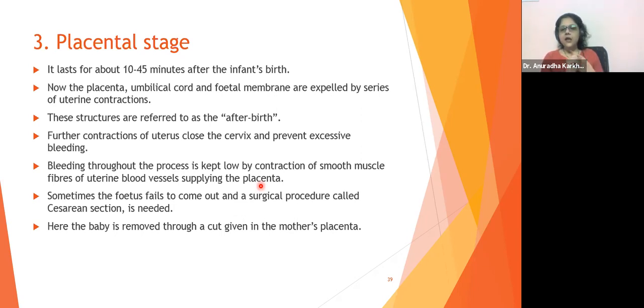Any difficulty? What causes the failure? Sometimes the ACTH is not being produced by the baby, or maybe the corticoids are not able to diffuse into the mother's blood, or maybe the mother's pituitary gland is not capable of making oxytocin. Any reasons could be there. Vacuum is much safer, meaning there are no cuts, nothing. From outside they will use a suction force to pull the baby out.